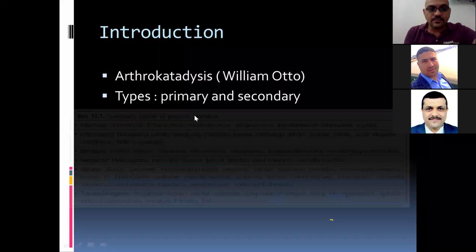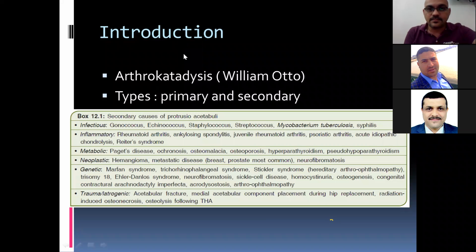For the secondary, there are many causes, as you can see in this table: infectious, inflammatory, metabolic, neoplastic, genetic, and also traumatic. However, you can simply divide it into two types: inflammatory etiology or non-inflammatory. The inflammatory etiology leads to destruction and weakening of the surrounding bone of the hip, resulting in migration along the joint reaction force, which is medial. However, the non-inflammatory type is due to